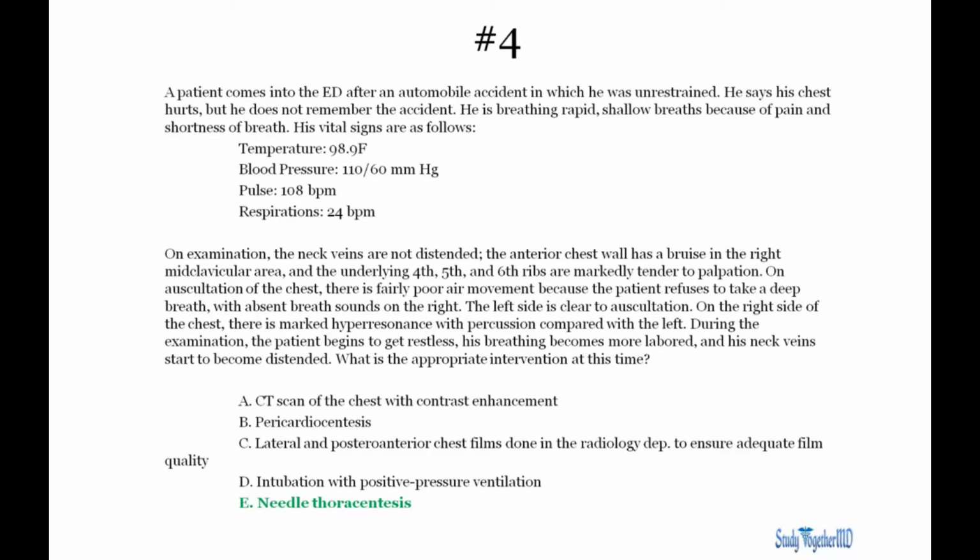Okay, what do we have here? So we have a patient, a trauma patient after MVA with shortness of breath, chest pain, rapid heart rate, rapid and shallow breathing. Okay. The neck veins are not distended yet, but look at this. He is getting worse. Alright? So we have the neck vein distended, we have hyperresonance, we have absent breath sounds, we have a patient in distress, and we can't do any of these. We don't have time for it. Therefore, we have to diagnose him